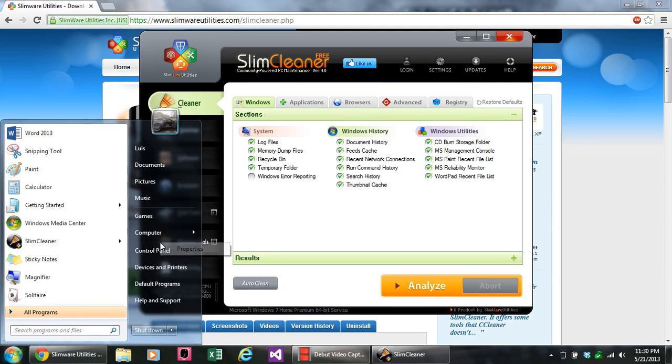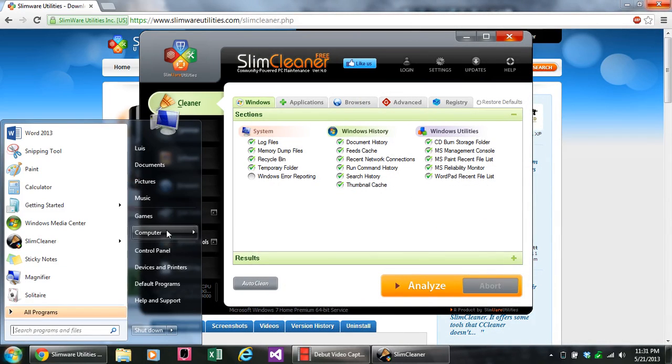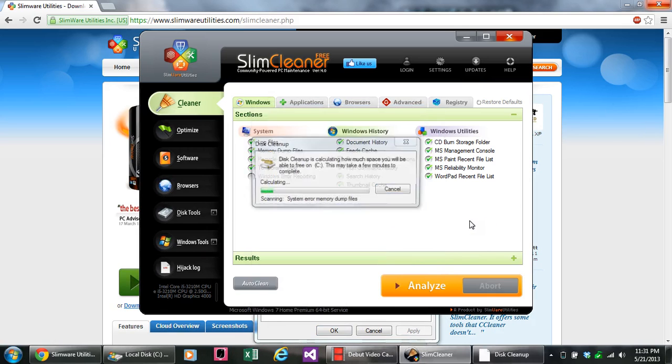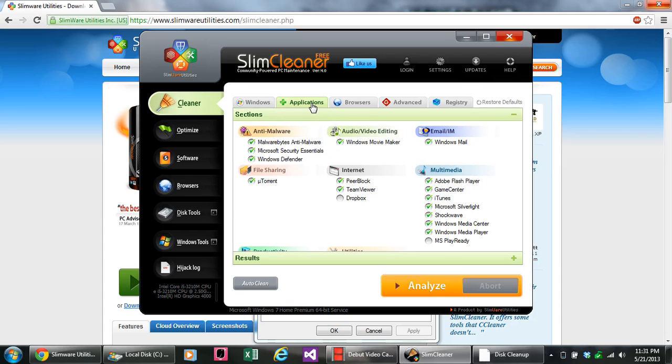One way to do it is to hit properties on your computer. No, my computer, that's not what I meant. Go into computers and hit properties on the hard drive and do a disk cleanup. It's going to do exactly the same thing, but I believe that Slim Cleaner does a little bit more than just that. Slim Cleaner also cleans out the crap of all the anti-malware software you might have on there,